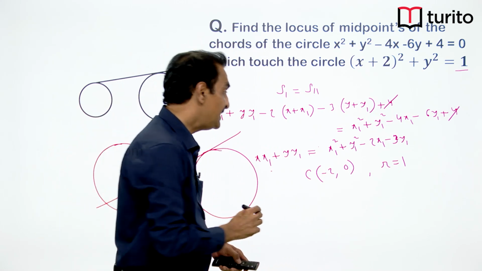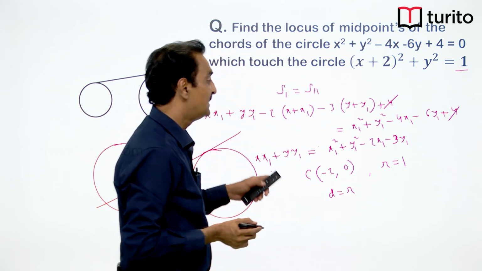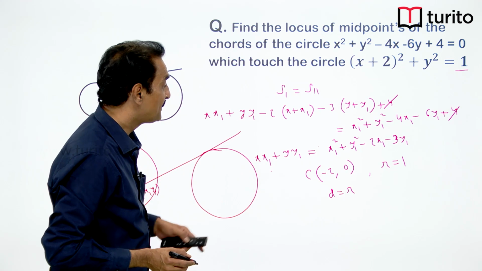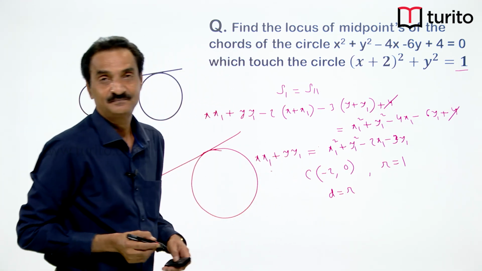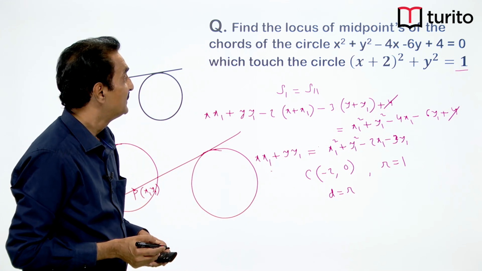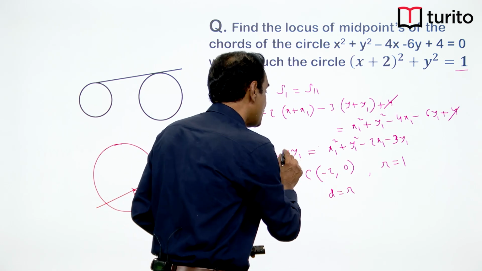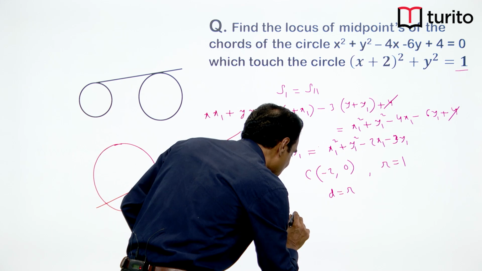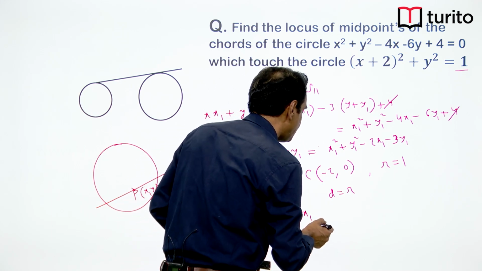Now applying the d is equal to r condition, what is the perpendicular distance from the center to this line? Perpendicular distance from this center to this line is mod of minus 2x1 plus 0